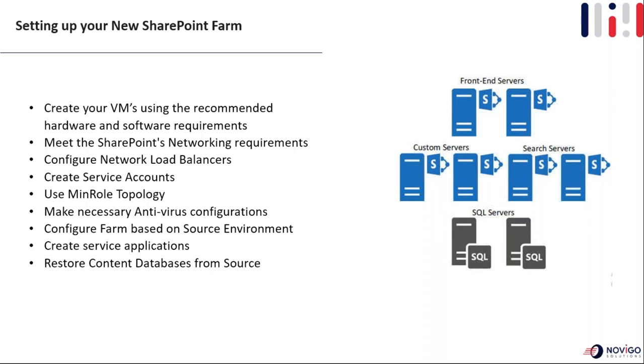Networking requirements: ensure all the TCP and UDP ports required for distributed cache, people picker, search crawler, indexing, the SQL server, the WCF services, user profile services, and the SMTP service are open and accessible from all the SharePoint servers. SharePoint automatically adds the Windows firewall rules, but if you're using an external firewall, you will have to